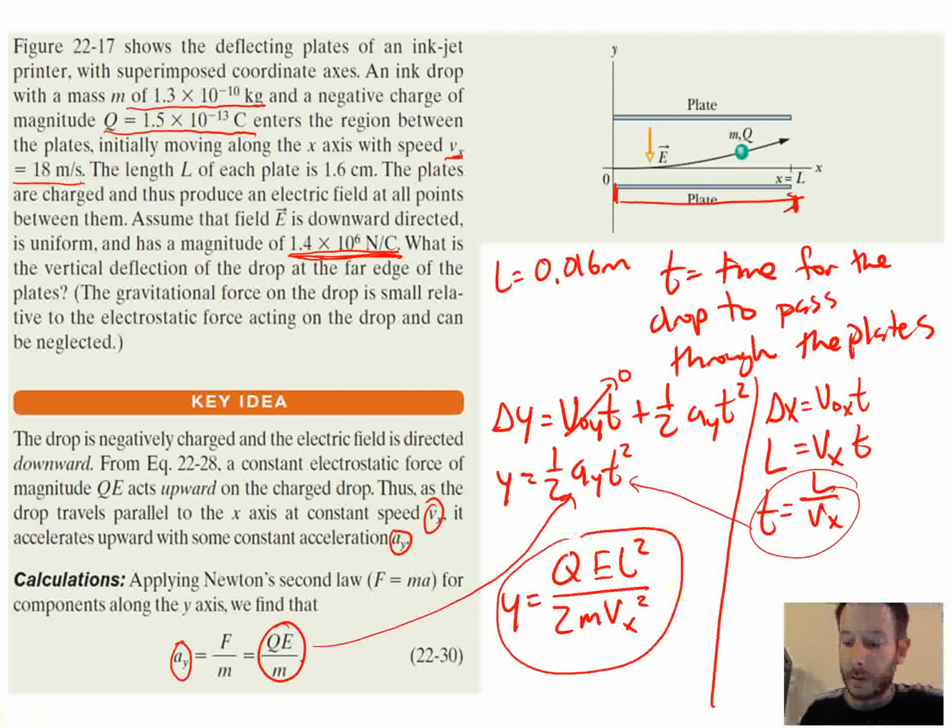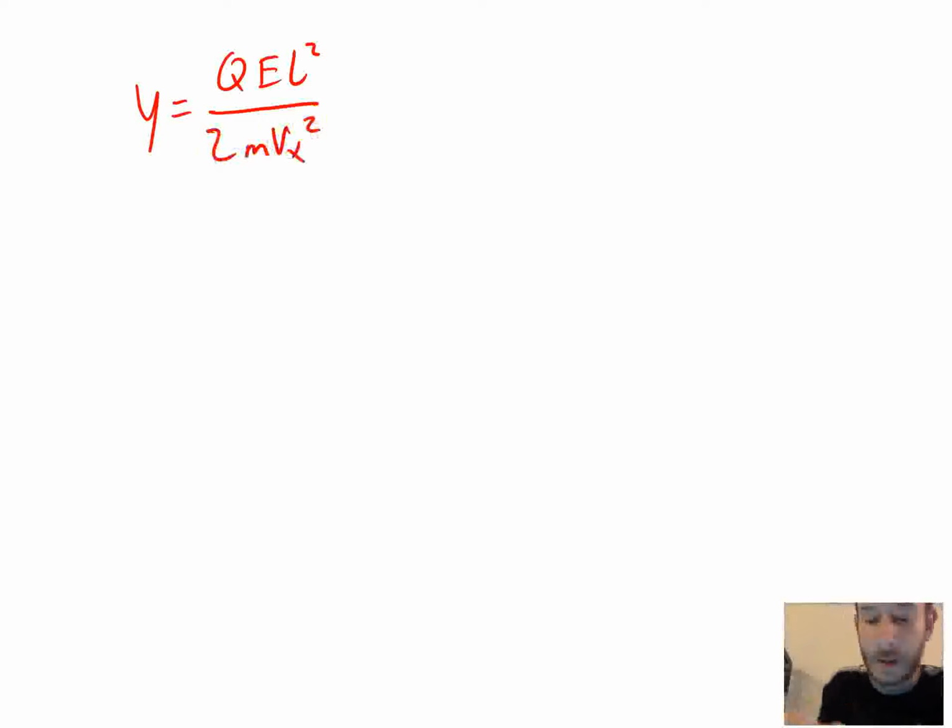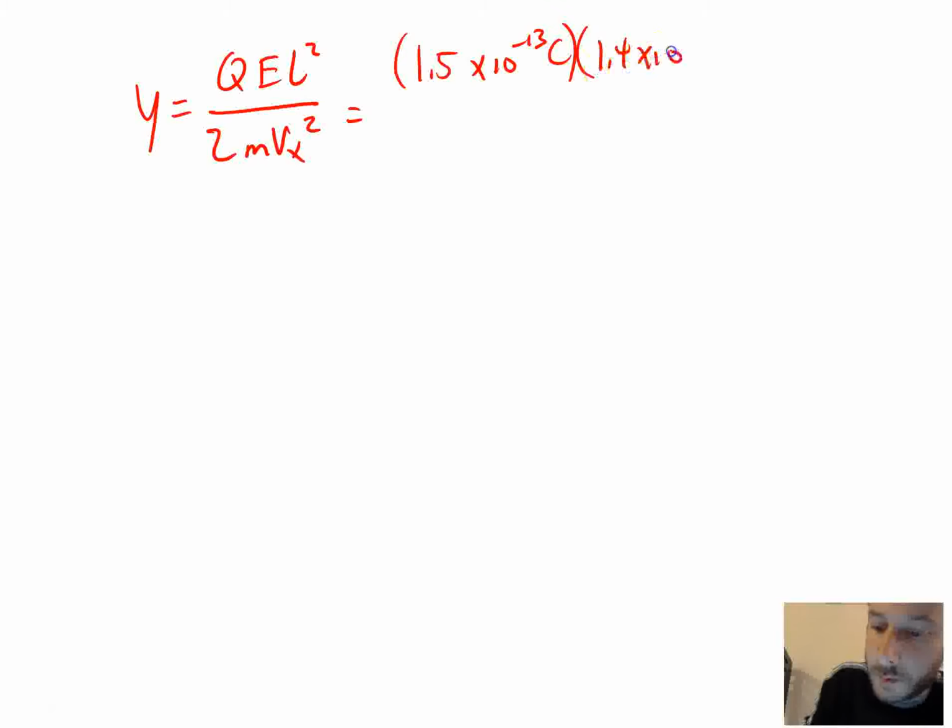I'm going to go ahead and take that resultant onto the next page. So just to rewrite, we have y is equal to QE L squared divided by 2m Vx squared. We can go ahead and plug in everything. So our Q was 1.5 times 10 to the negative 13 coulombs times 1.4 times 10 to the 6th newtons over coulombs